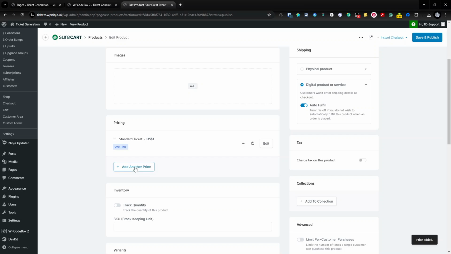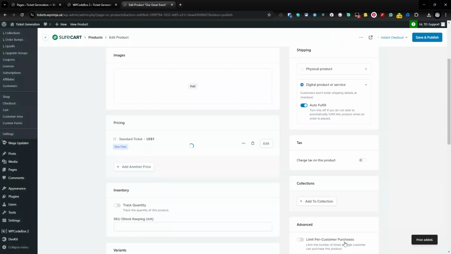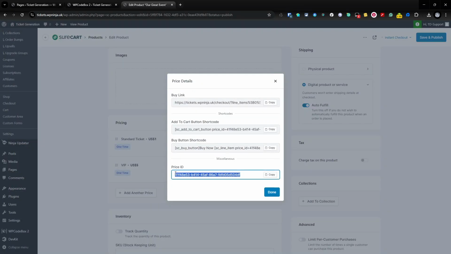And importantly here, we're going to add another price, and we're going to call this VIP, and they're going to be $5. We'll create our price. So we now have 2 tickets for the same event with different price points. Now we need to grab 2 pieces of information from here. So the first thing I'm going to do is I'm going to click here, and I want this information, price